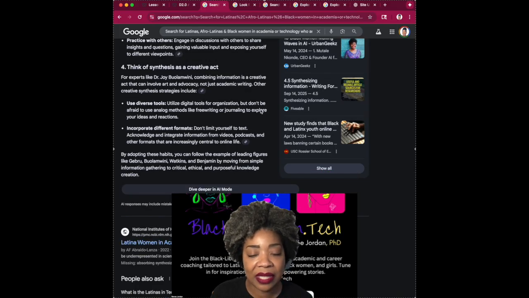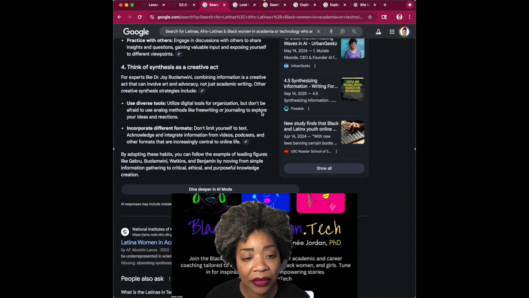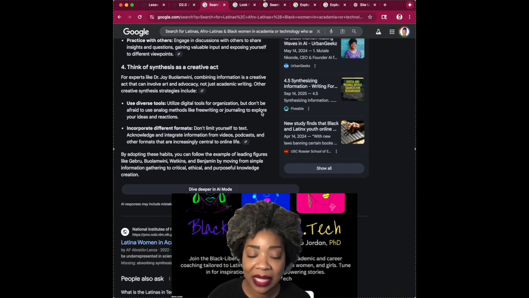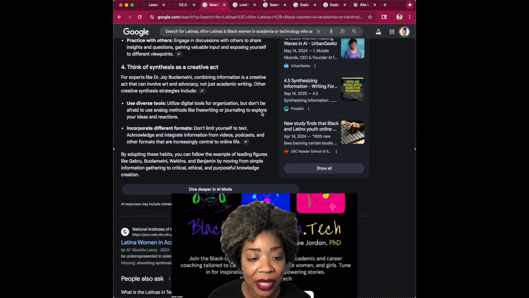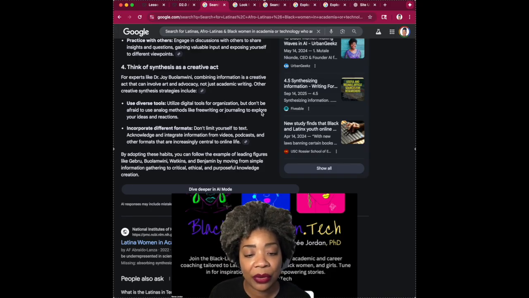Incorporate different formats. Don't limit yourself to text. Acknowledge and integrate information from videos, podcasts, and other formats that are increasingly central to online life. By adopting these habits, you can follow the example of leading figures like Gebru, Buolamwini, and Benjamin by moving from simple information gathering to critical, ethical, and purposeful knowledge creation.